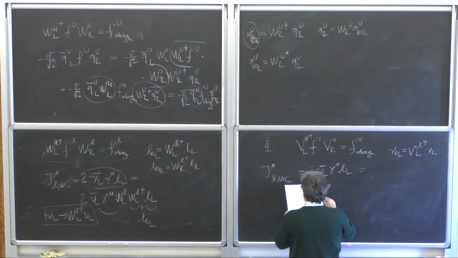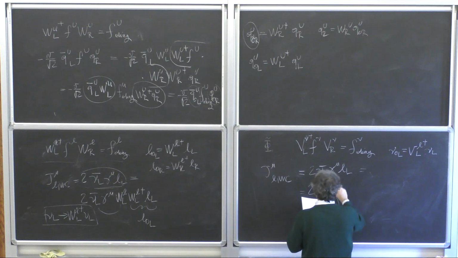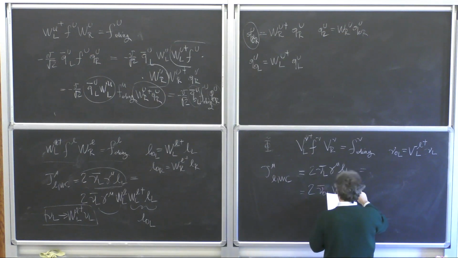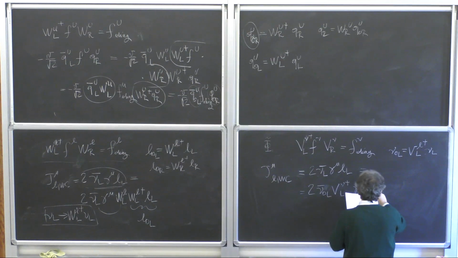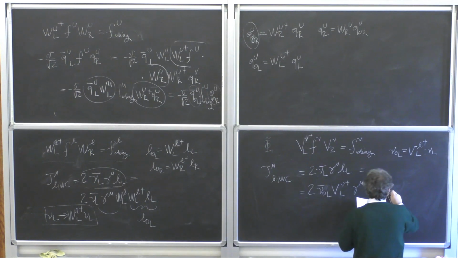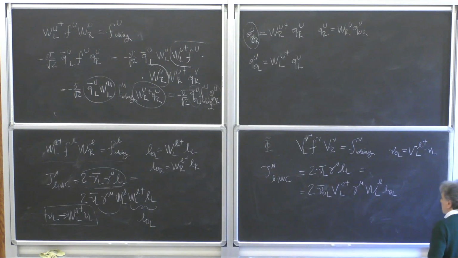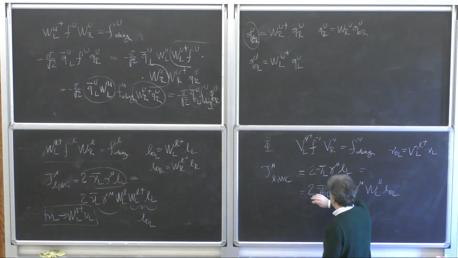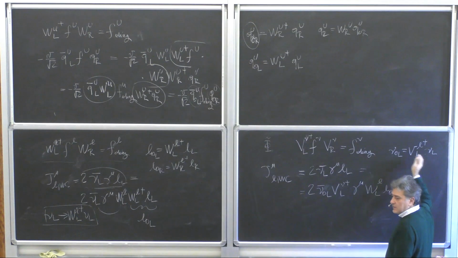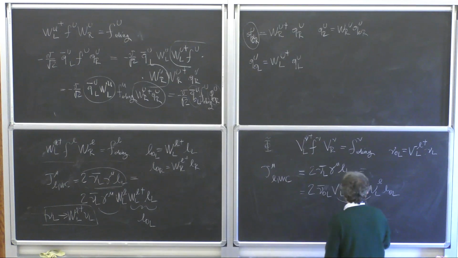And so we have twice nu bar 0 L, V nu L dagger gamma mu, so V, not W, W L lepton L0 L. So insert twice the identity, then use the relation between mass eigenstate and flavor eigenstates, you get 2 matrices, but